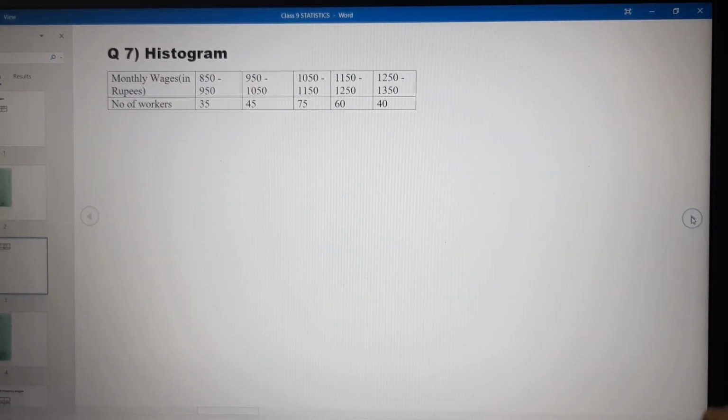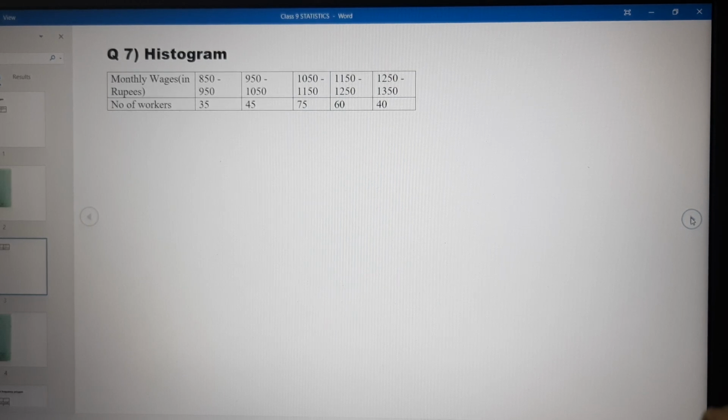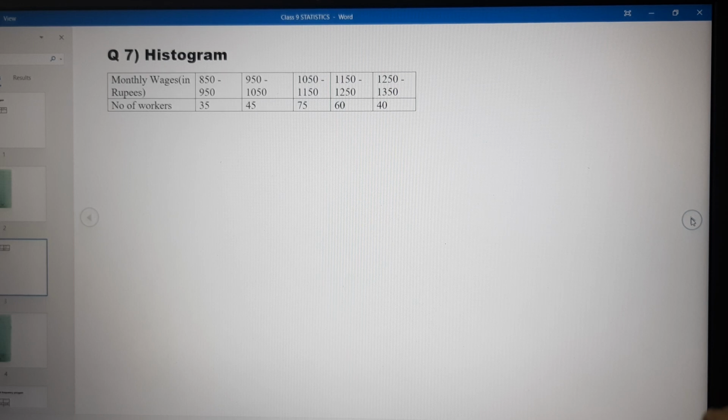Now we'll be doing histogram. There is a basic difference between a histogram and a bar graph. When we draw the bar graph, all the rectangles which you have drawn are separated. A bar graph is generally drawn when we have one fixed value on the x-axis, and on the y-axis variables are represented. But if both are varying, on the x-axis also variables will be there, on the y-axis also variables